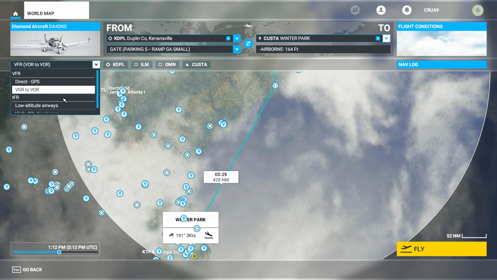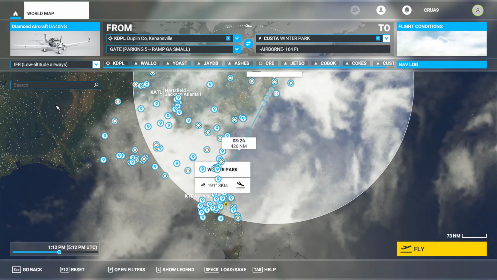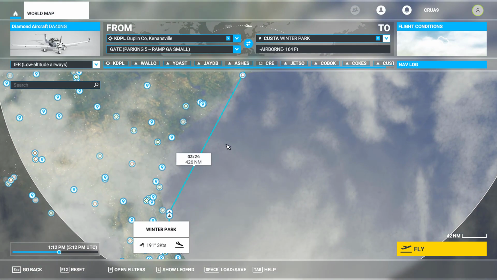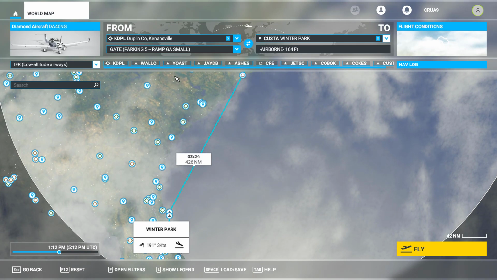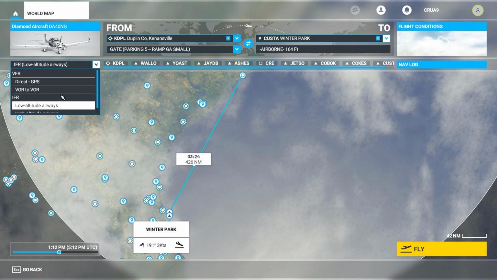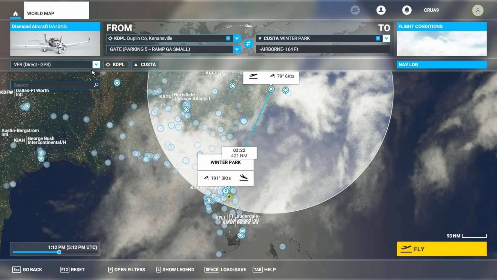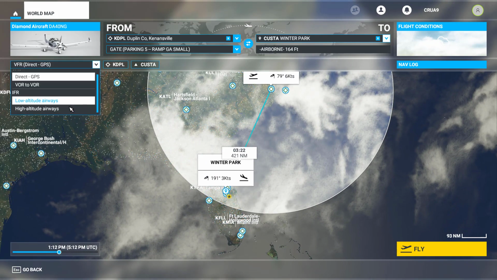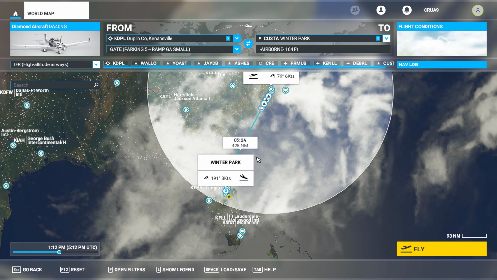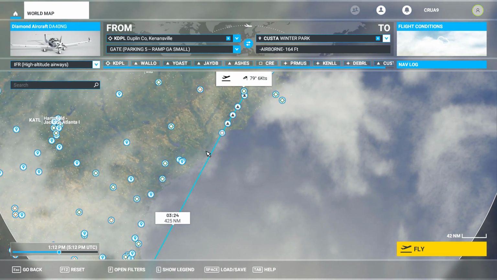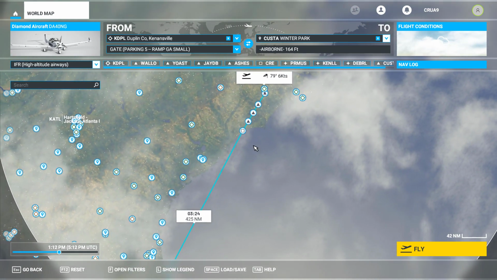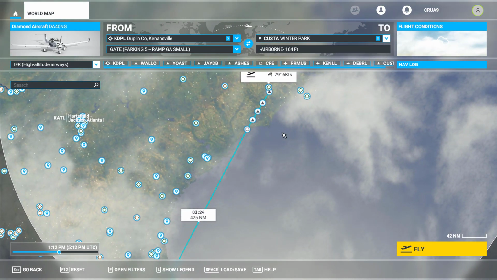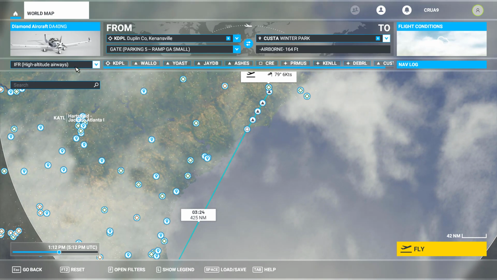Now, if I wanted to do something like IFR, you're using instruments and whatnot, and that's fine. If I want to use something like high altitude IFR, I can also use something like that. And keep in mind that this, in the real world, for those of you who are not familiar with flying planes,